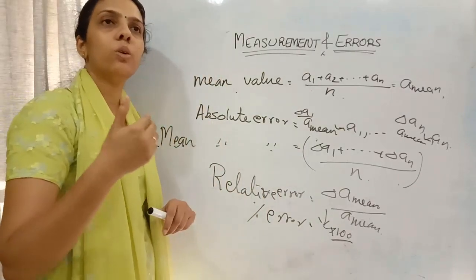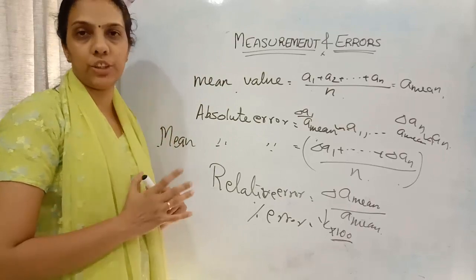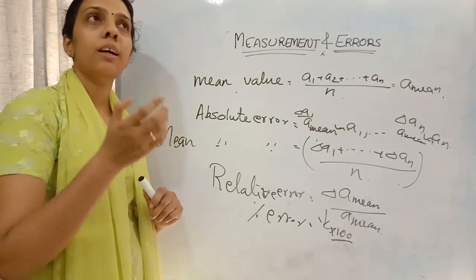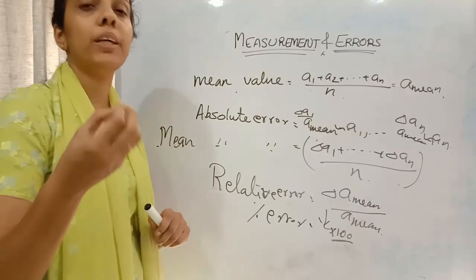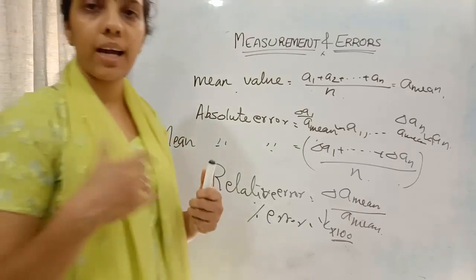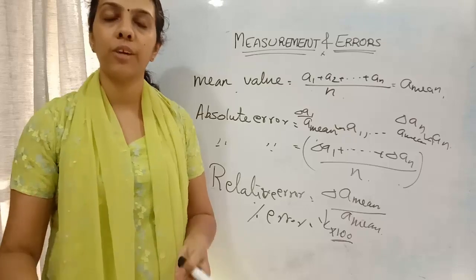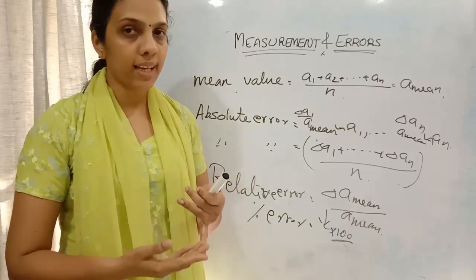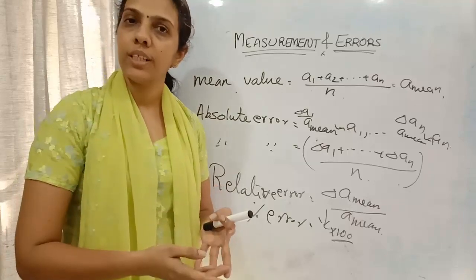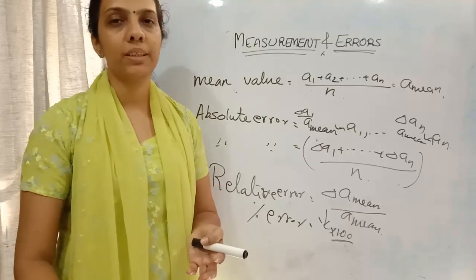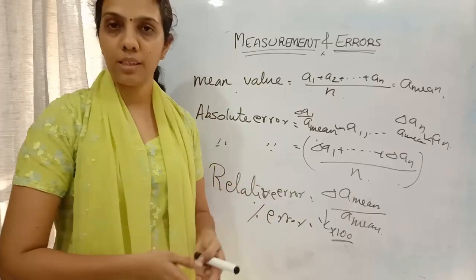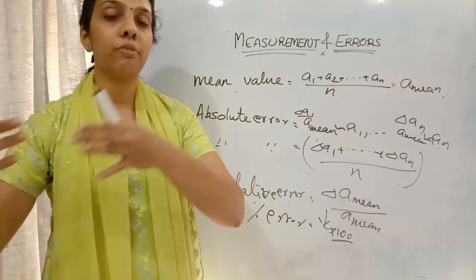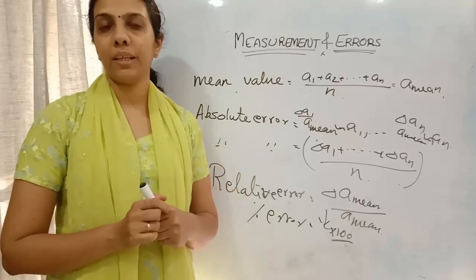If we are finding out a multiplication or addition, what will happen to the error? Suppose I am considering V equals IR. The I value is here with me and the R value is also with me. When we are calculating the R value, some errors can occur. And when we are calculating V values, then errors will be there. When we are multiplying these two, again there will be error. So how will that error be reflected in that multiplication?